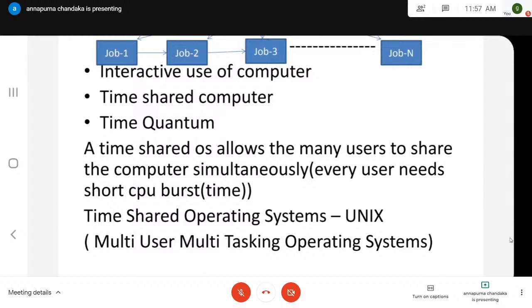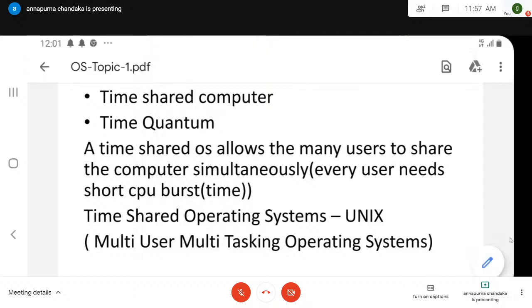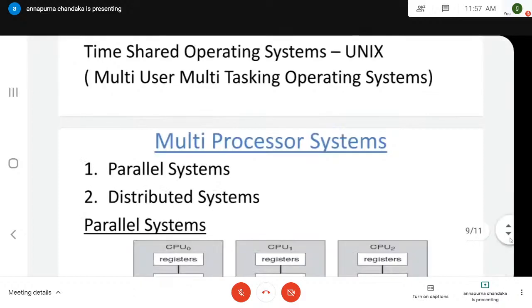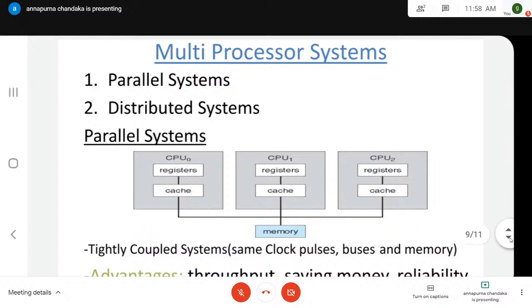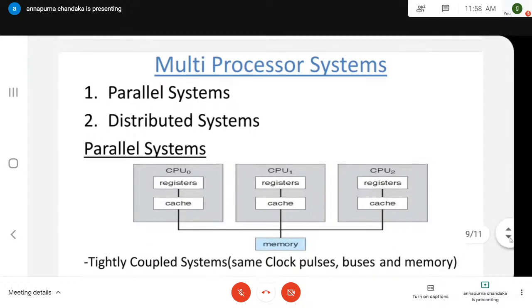That is the main thing. To keep the CPU busy at all times, the operating system was invented. So far, the types of operating systems we have discussed, multi-programmed operating systems, time-shared operating systems, and simple batch systems like the resident monitor, are all used for keeping one CPU busy at all times. Now we are entering a new technology called multiprocessor systems. Then you may have a doubt: sir, to keep one CPU busy at all times, we struggle a lot, which is why the operating system concept was invented.